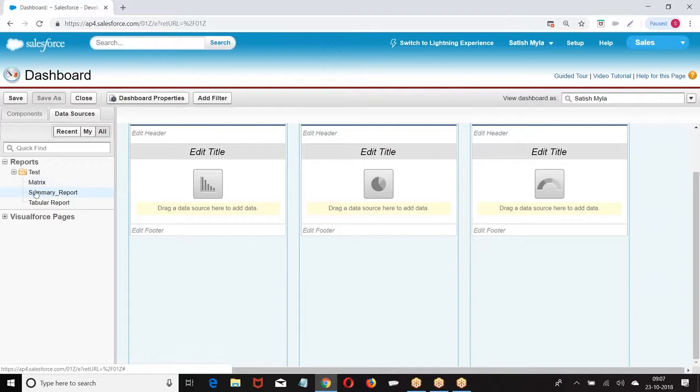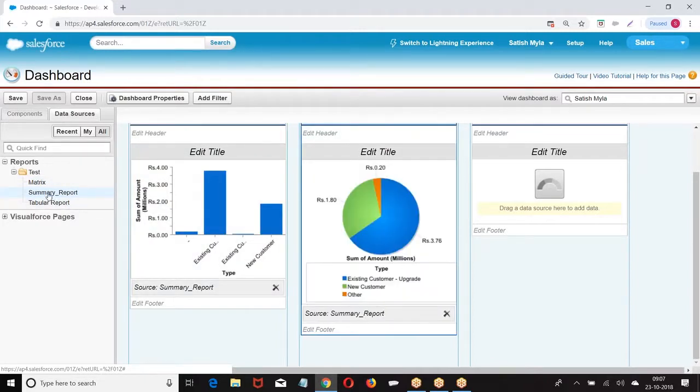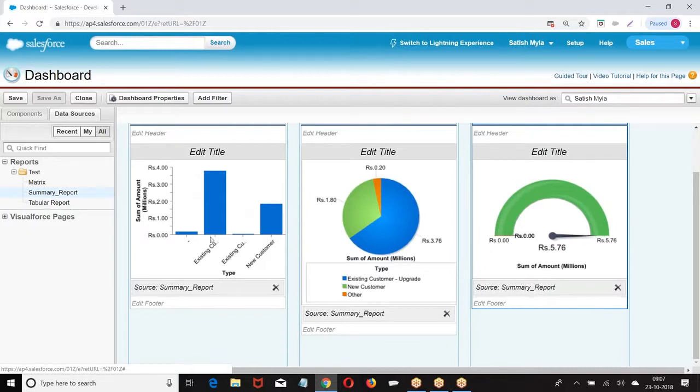Data source, summary. This is how we got it. So we have summary, we have, okay, look at the horizontal. We're getting a component set. Choose the data and drop it.